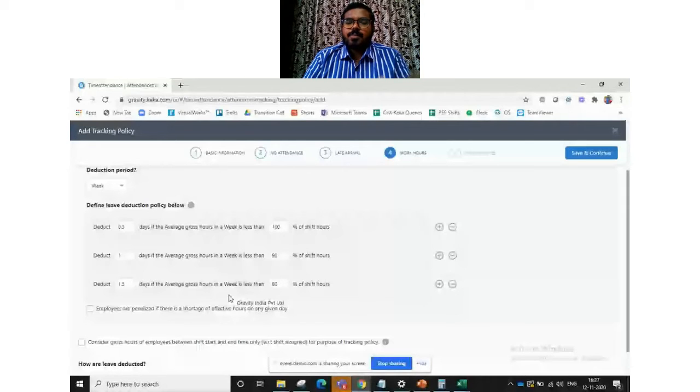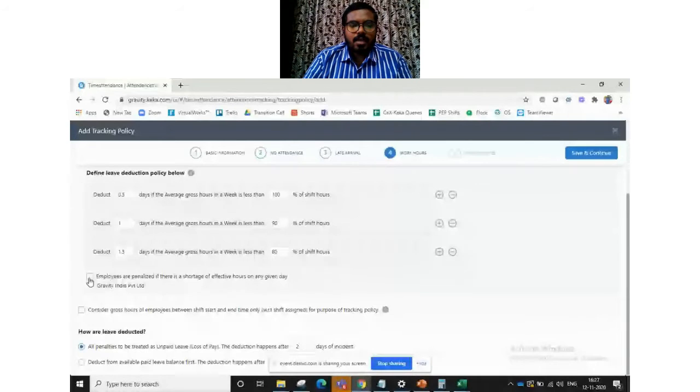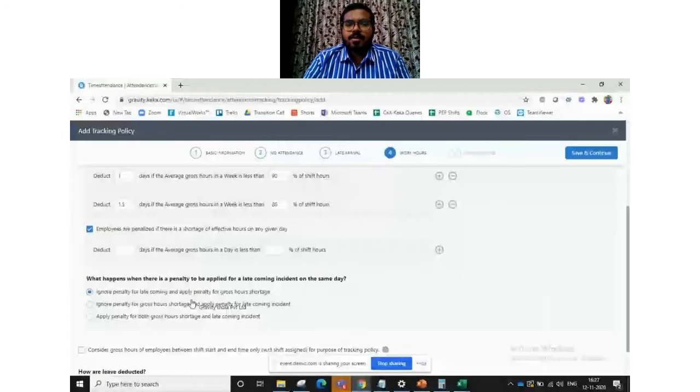So these are the basic settings of the work hours. And similarly, you will have another condition here: employees are penalized if there is a shortage of effective hours on any given day. Similarly, we have it for no attendance. We have this on a daily basis. So let's say I'm not completing 100%.